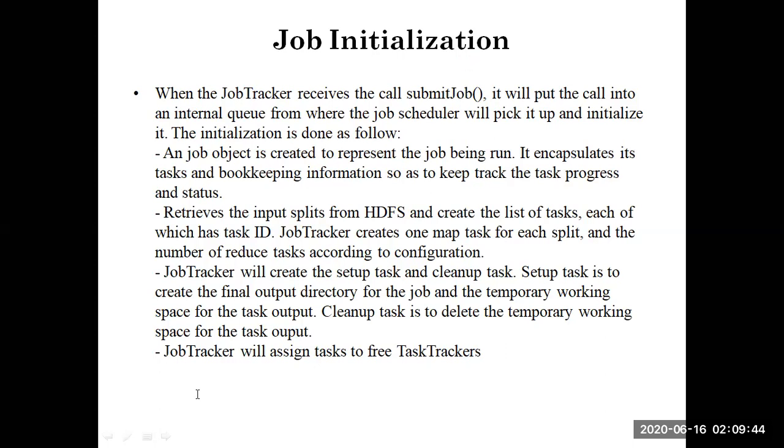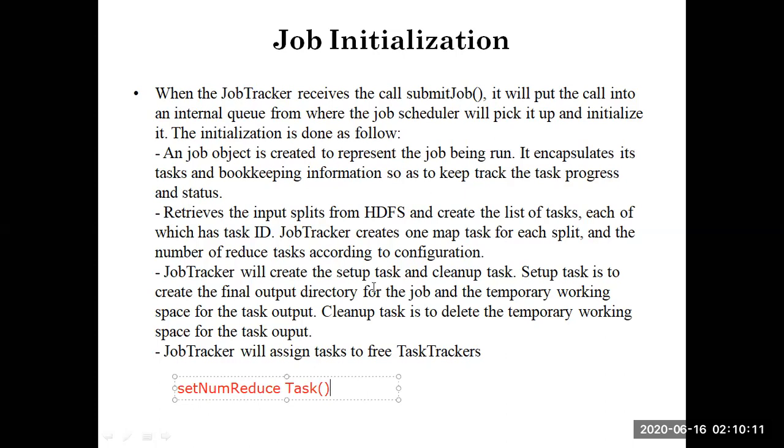Let me tell you one thing. We have one method called set number reduce tasks. Using this method, you can set the number of reducers that you want to have in your application or in your project.